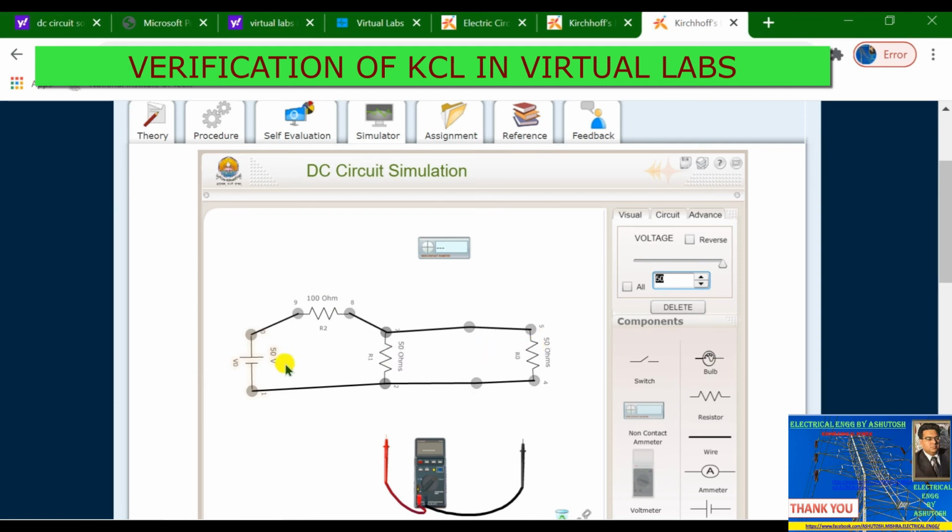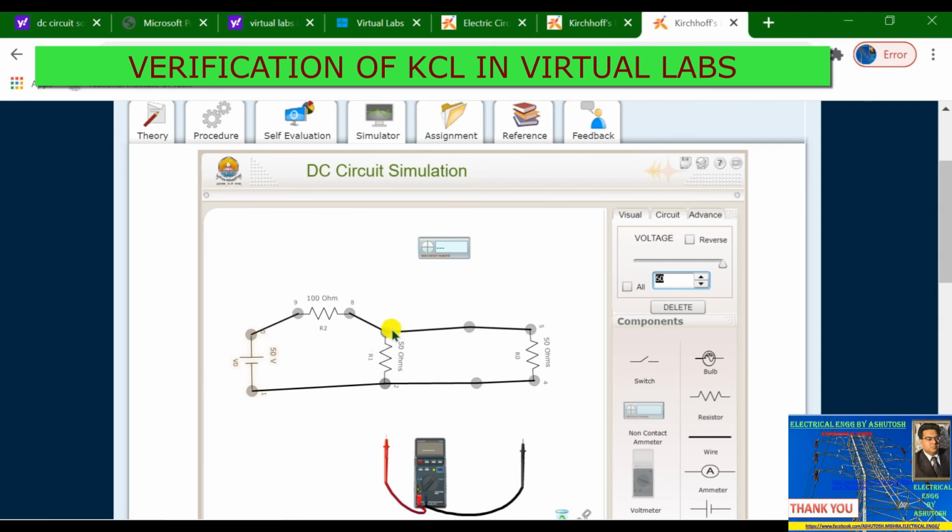Now we are going to verify KCL, whether the current I equals I1 plus I2. As you know, the statement of Kirchhoff's current law is that at any node, meeting point or junction, the algebraic sum of all currents meeting at the point should be equal to 0.